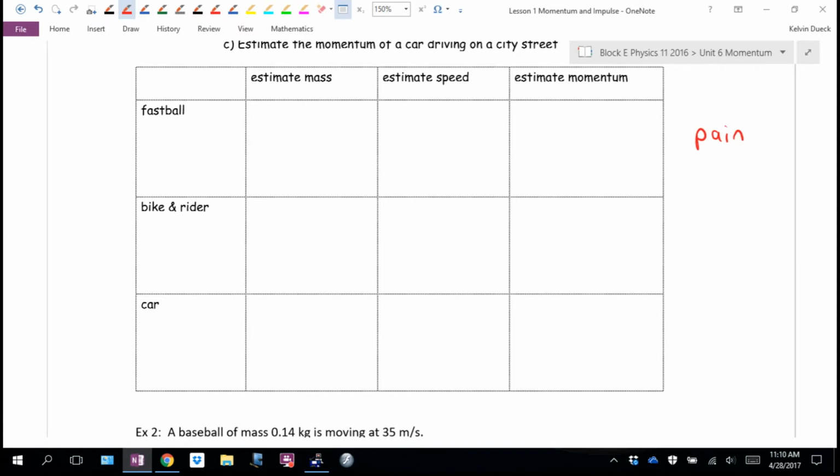As long as it didn't hit you in the head. If you were walking on a sidewalk and the bicycle and rider crashed into you, it might break a bone. It might send you to the hospital, but I don't think it would kill you. However, if you got hit by a car,